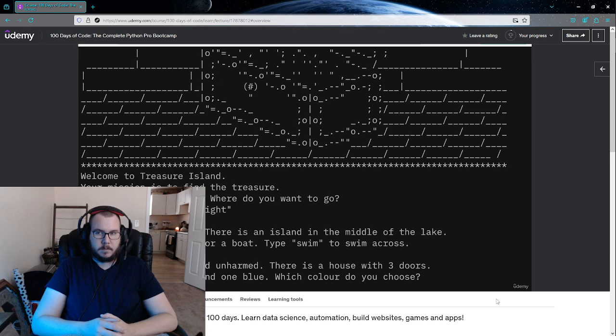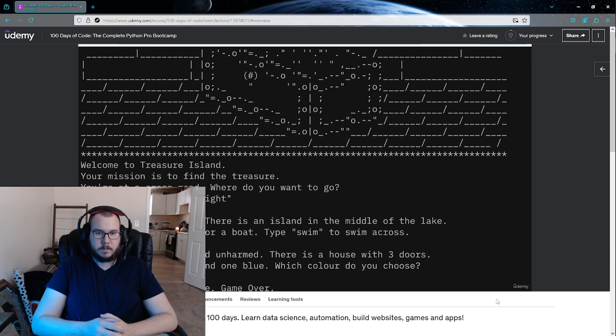You arrive at the island unharmed. There's a house with 3 doors, one red, one yellow, and one blue. Which color do you choose? Let's choose red. And unfortunately, it's a room full of fire. Game over. So this game lets the user make decisions, and depending on what they've chosen, it continues the game